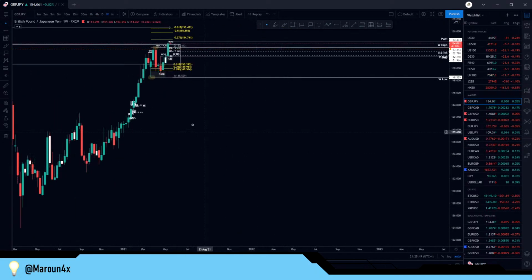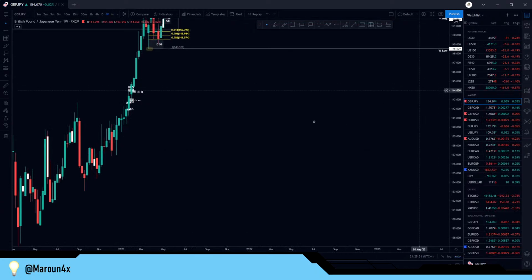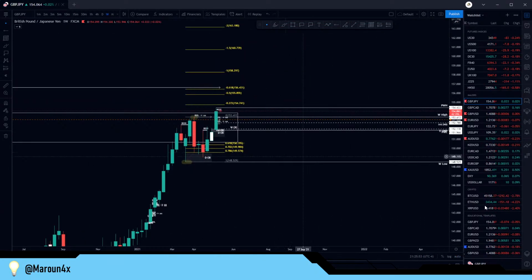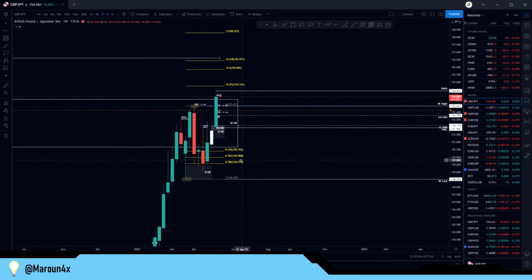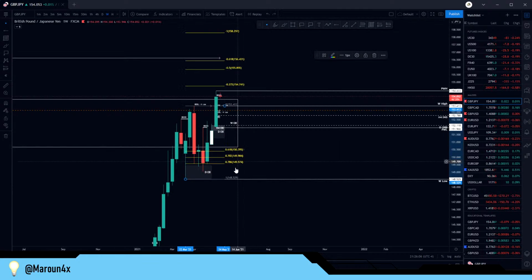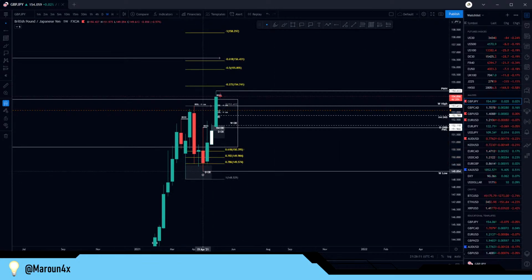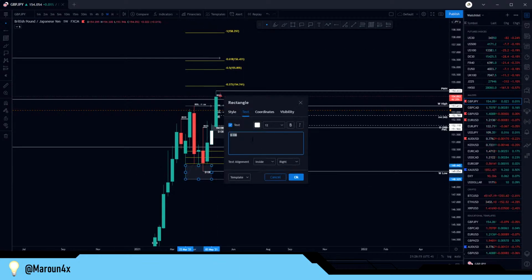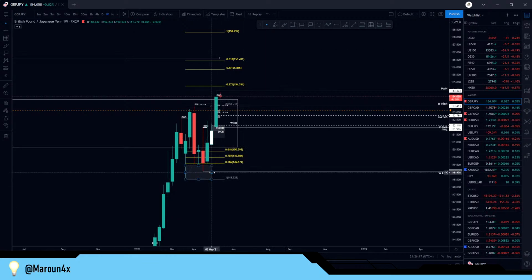And before I call this a day or a night, since we are nighttime here, since we have a new impulse, this is your weekly structure low now, okay, just a minor little refinement. I'm going to remove this here so we know this is the daily order block, which we tapped into